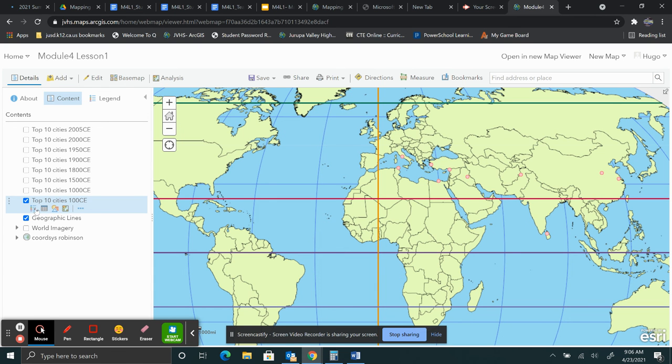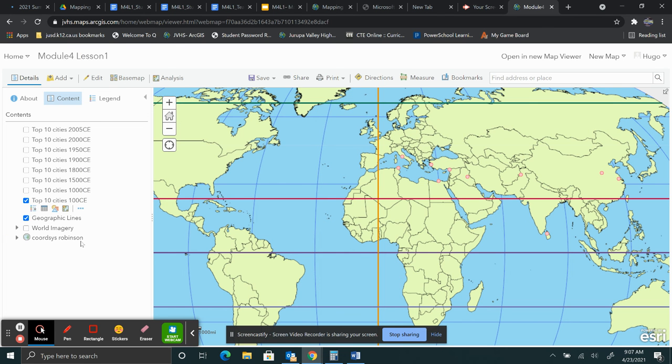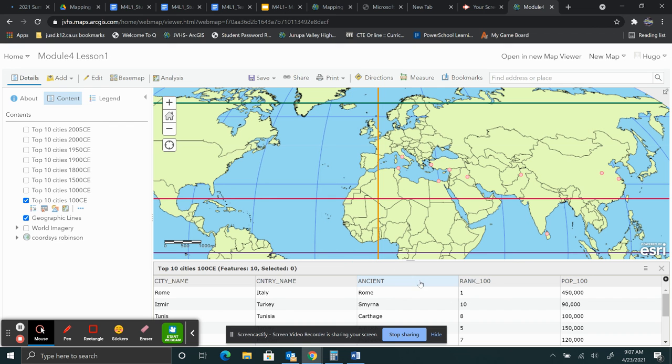perform analysis, you can change the style, you can show the table, that's what we need to do, and also we need to show the legend. Also, you can do a lot more by clicking on more options, and then you can rename, change transparency, zoom in, save the layer, whatnot. But if they're asking us to click on the text, don't check the box, right? It just will click on the text, this appears, and then we want to show the table, and bam, this